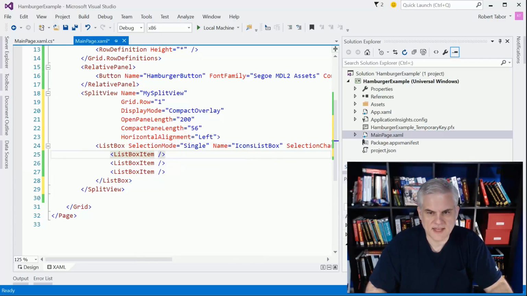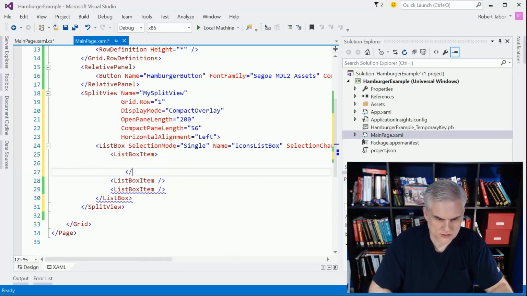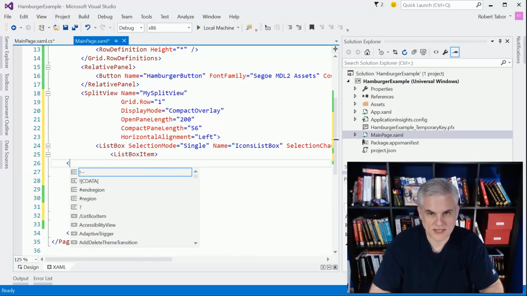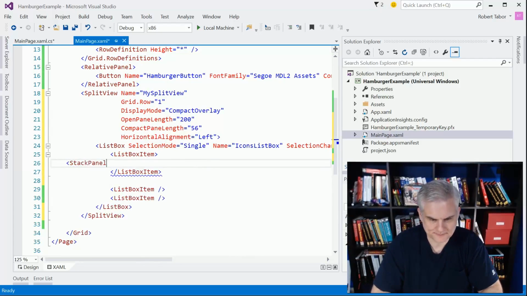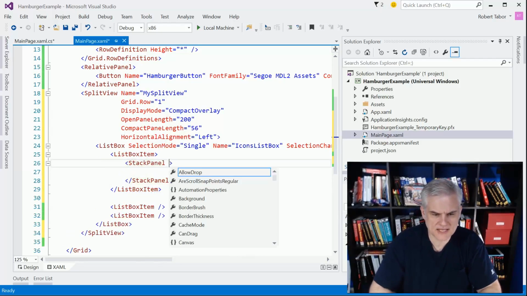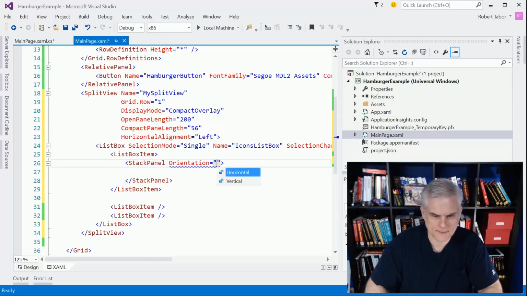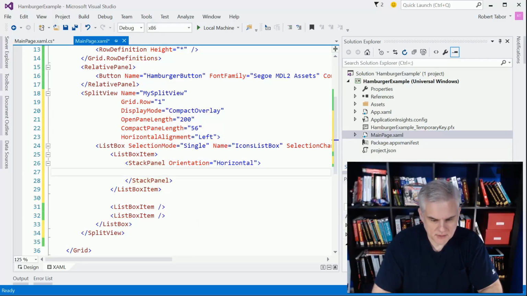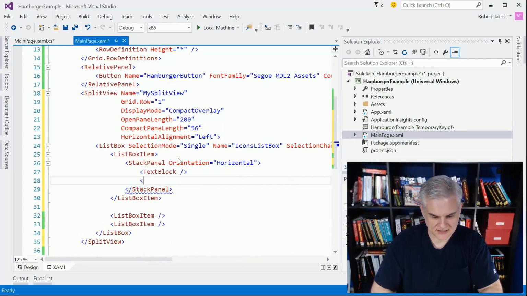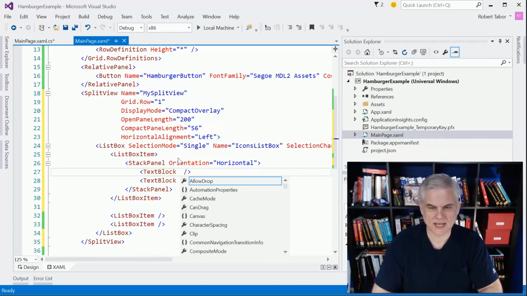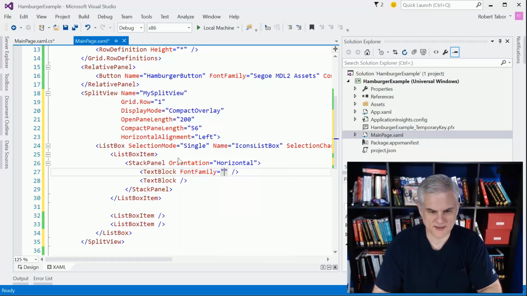All right, and then for each of the list box items, we're going to do something like this. We're going to open it up, and we're going to need to add a stack panel. And we want what comes next to be oriented horizontally. Then I'm going to put a text block, and this first text block will be the icon, and the second text block will be the actual text. So where will we get the icon from? Well, once again, we're going to go to the font family equals